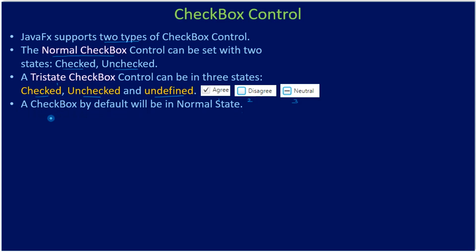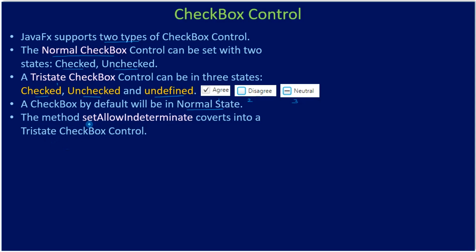A checkbox by default will be in normal state. Normal state means it will support checked as well as unchecked. The method setAllowIndeterminate